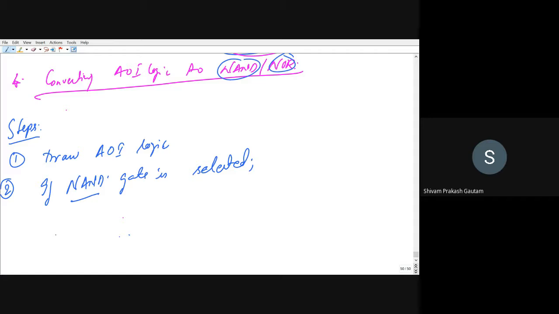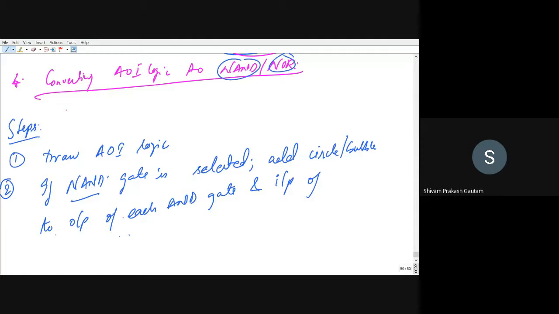If NAND gate is selected, then what you have to do is add a circle, or you can also call it a bubble, to the output of each AND gate and the input of all OR gates.